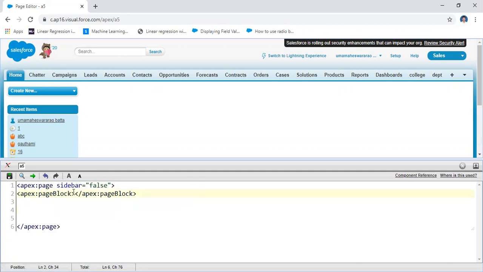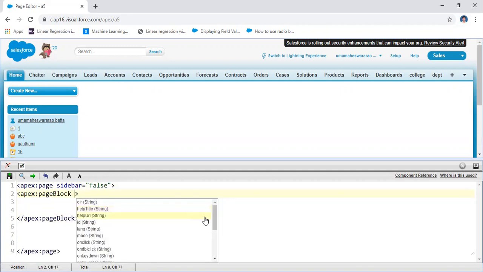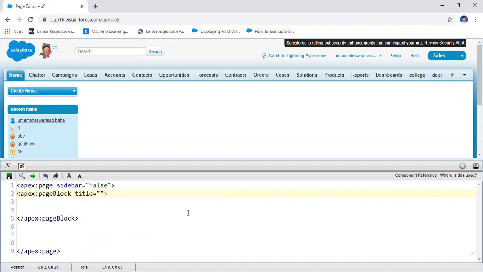Under this page block, what is this page block here? It has different parameters. Each and every one has the id. And for example, title, you may write the title. The title is a string. This is the first block. You may write n number of blocks under this one.